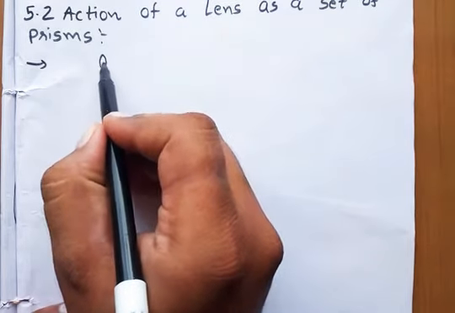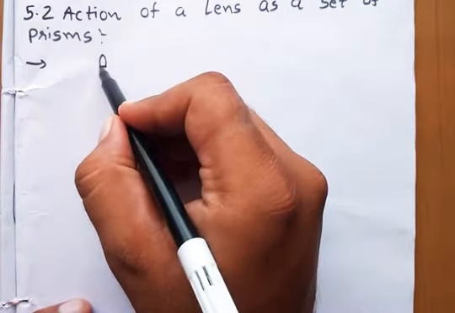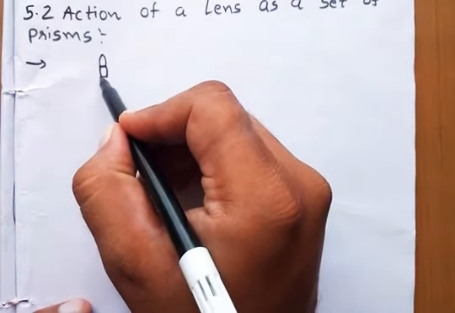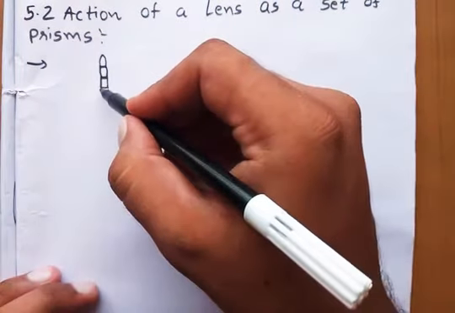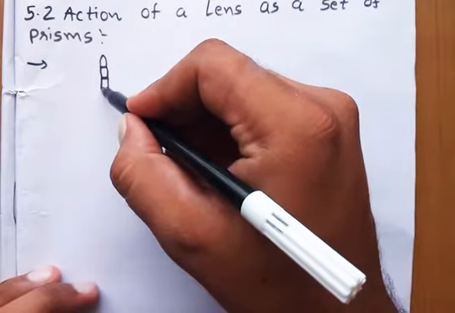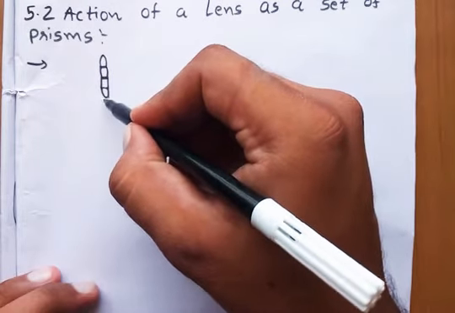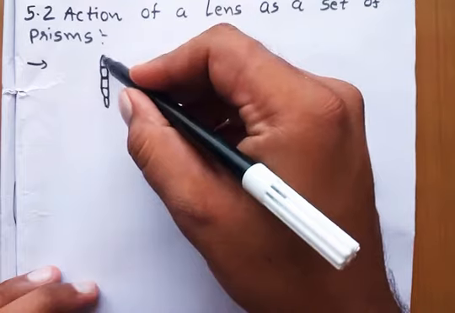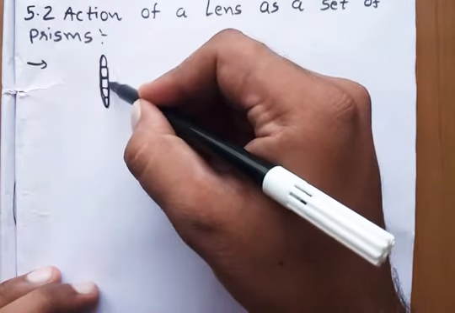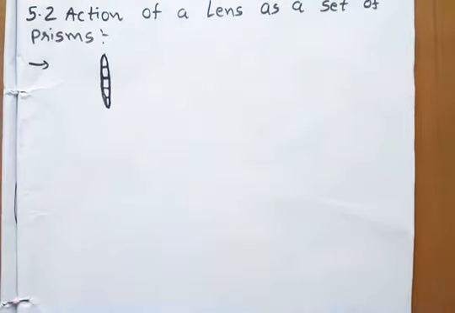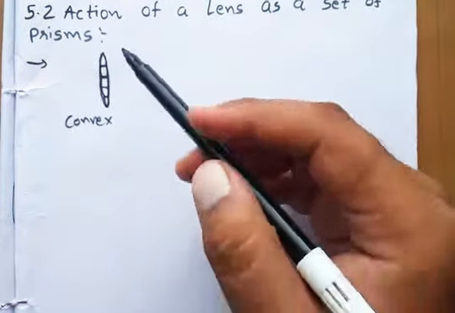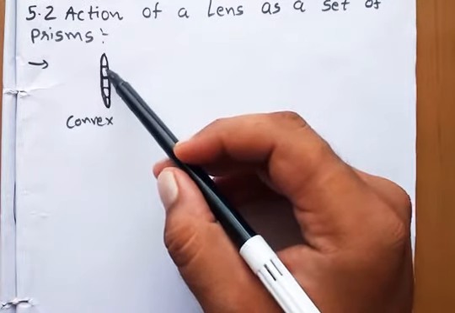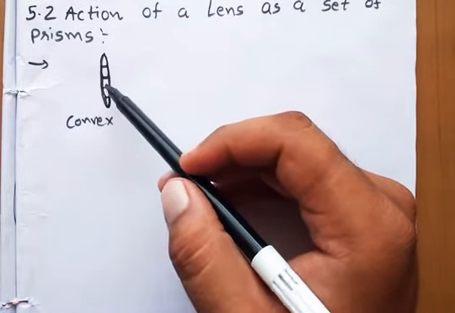So starting from this cut, this is like this, then this will be like this again. When I divide it into small parts, the middle portion will be exactly rectangular. Then again we get like this, and last we get like this. So we just cut it down into small pieces of convex. This is my convex lens. So clearly it shows that after this we get the middle portion as rectangular pieces.